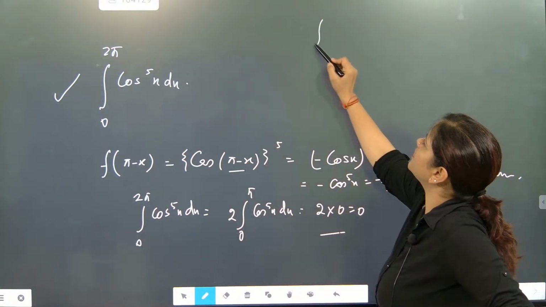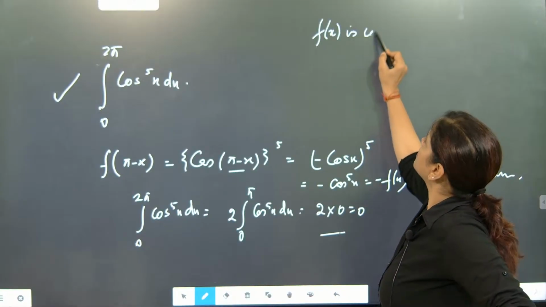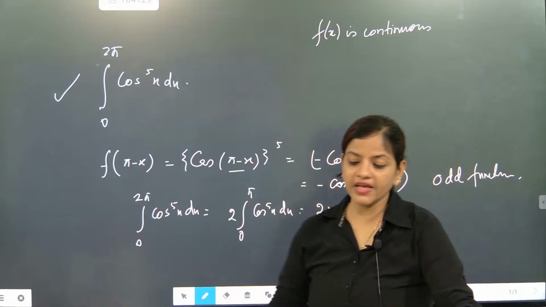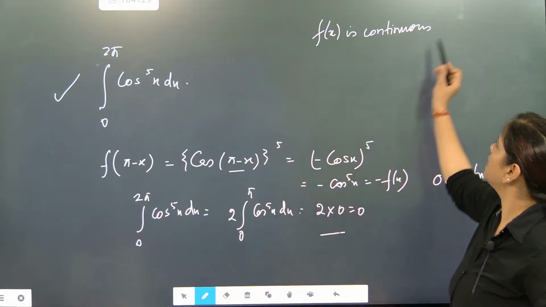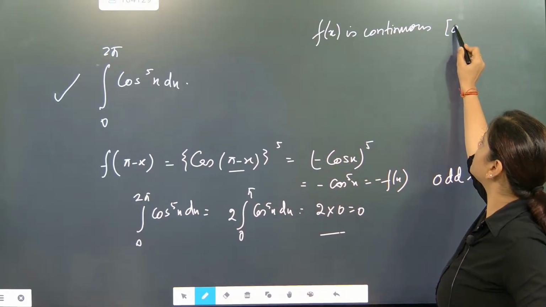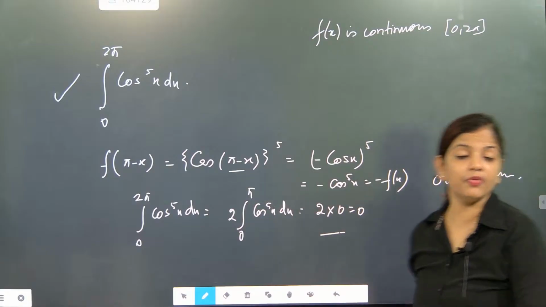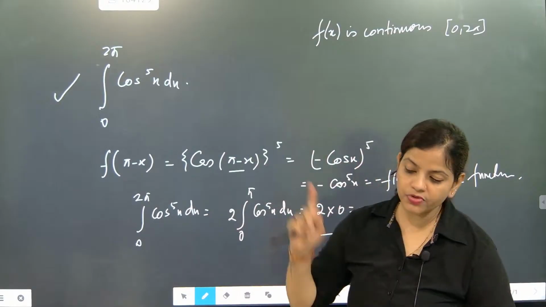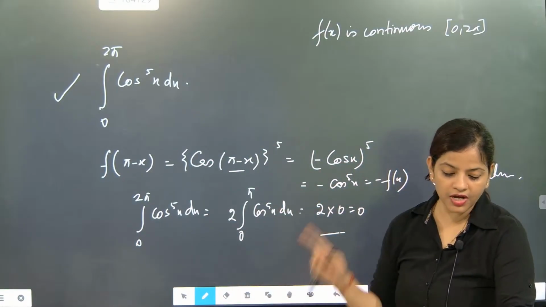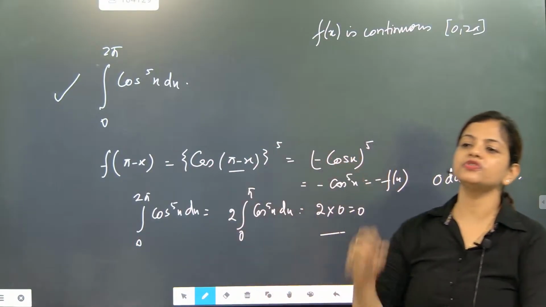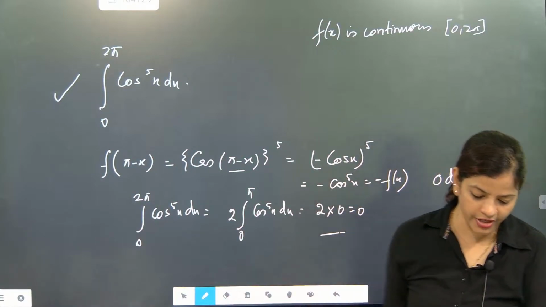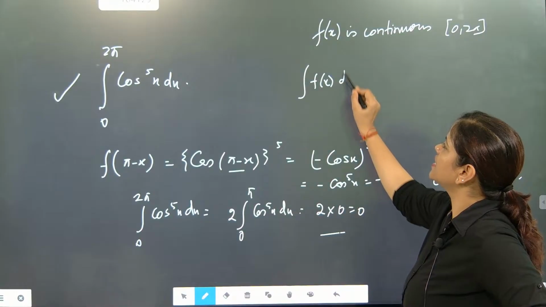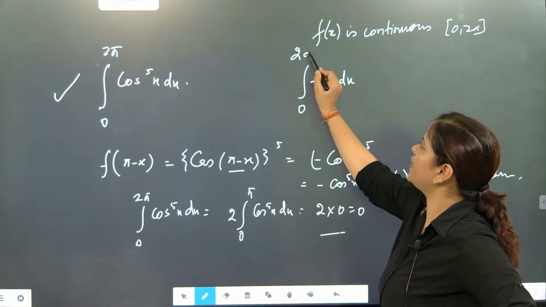f of x is continuous. That day online I have discussed that one. I didn't leave that question. It is continuous and it is defined in the interval 0 to 2a. So just remember one thing, the lower limit will be 0, and you are proceeding from 0 to 2a. Now, when you are writing the function f of x dx from 0 to 2a, then this